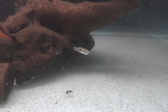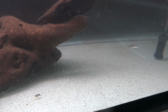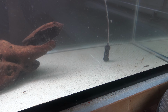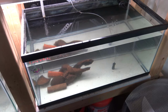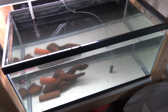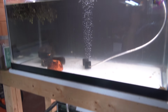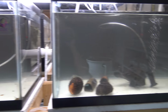And you know, I take everything as a learning experience. Obviously, I got these at an auction, so I don't know exactly where they came from, if they were wild or whatnot, or if they came in with anything. But as a learning experience, I think what I'm going to take away from this is that this is the year that I absolutely need to set up a quarantine tank. Not only so that I don't have die-offs like this, so I can treat things proactively, but also so that I don't introduce things into the system that I already have. Because if I have nice, healthy, thriving colonies of fish, I don't want to jeopardize those. So it's been a long time coming, and I think this is the year that I get a quarantine system